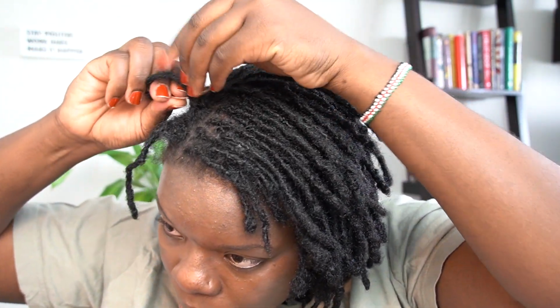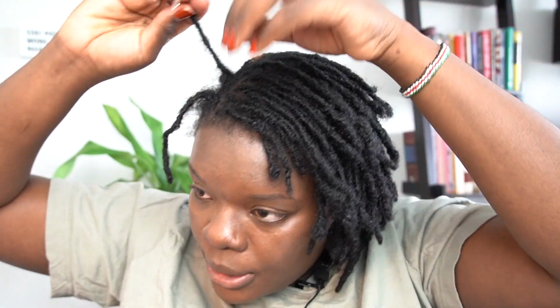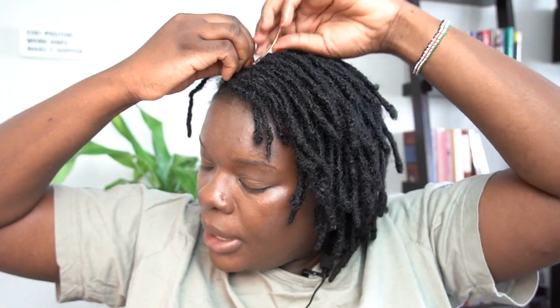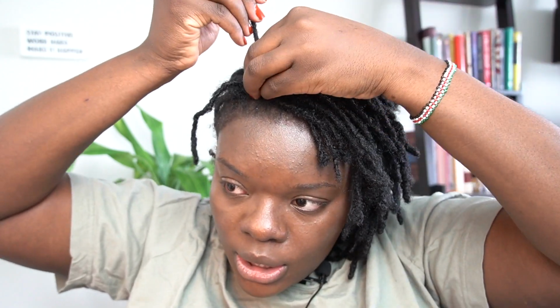I don't think anyone really is an expert, and our hair is so different that what works for mine might not work for somebody else. It's made me and has forced me to just discover a routine, learn about what my hair needs instead of trying to copy and paste what someone else is doing with their hair in hopes of it working for mine. Not saying that there are things out there that people might know that could be helpful for my hair, but